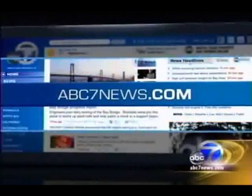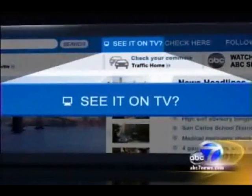Now, the randomized clinical trial is over, but a limited number of patients who would have qualified for the research are still being offered the experimental device at Stanford under continued access by the FDA. And at our website, ABC7news.com, we will link you to that research. Just look under